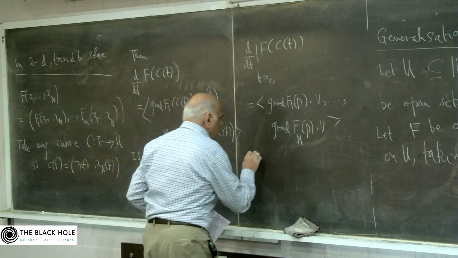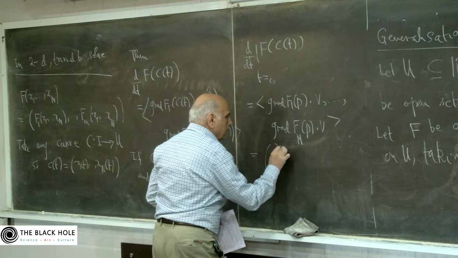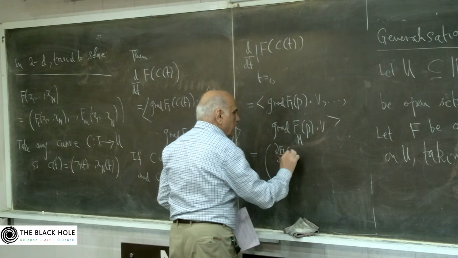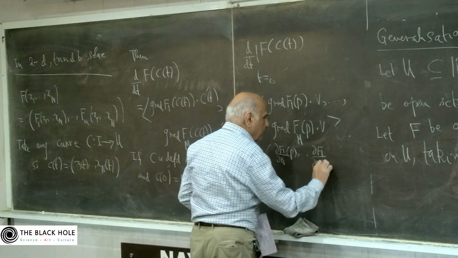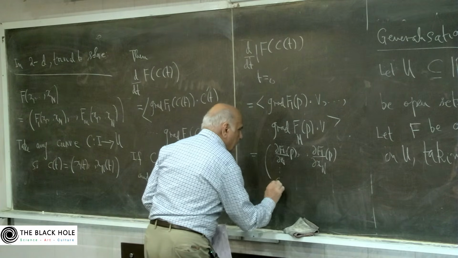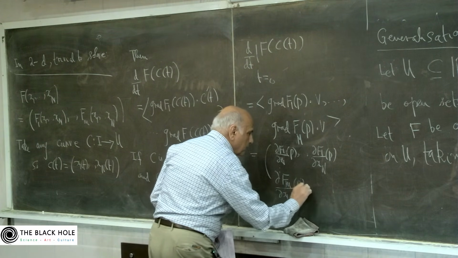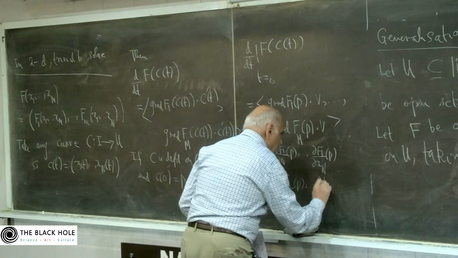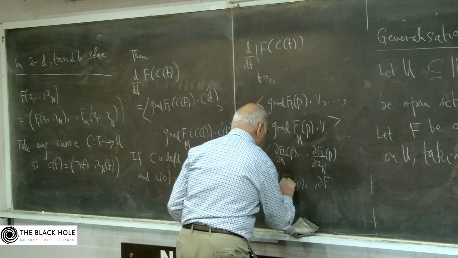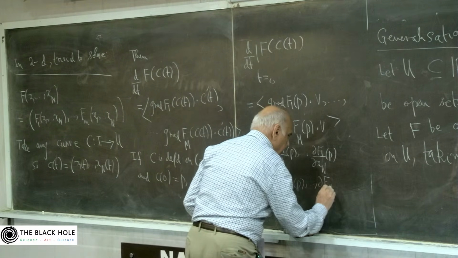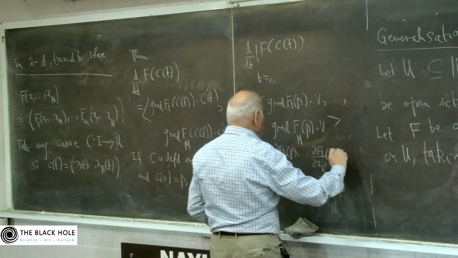So this is the same as partial f1 by partial x1 at p, up to partial f1 by partial xn at p, and the last will be partial fm by partial x1 at p, up to partial fm by partial xn at p, and then apply to